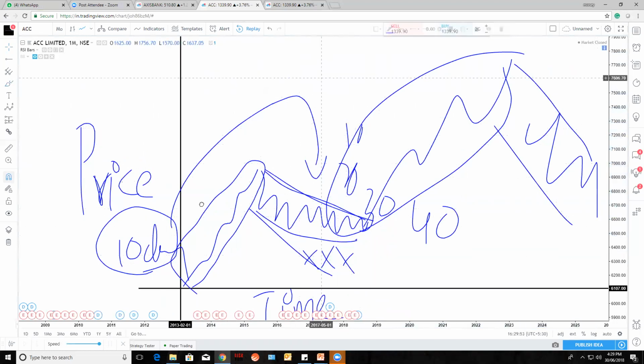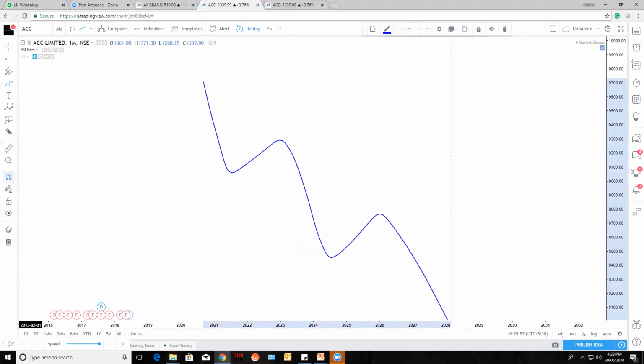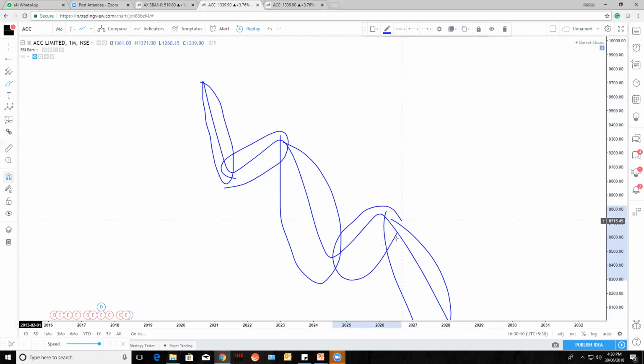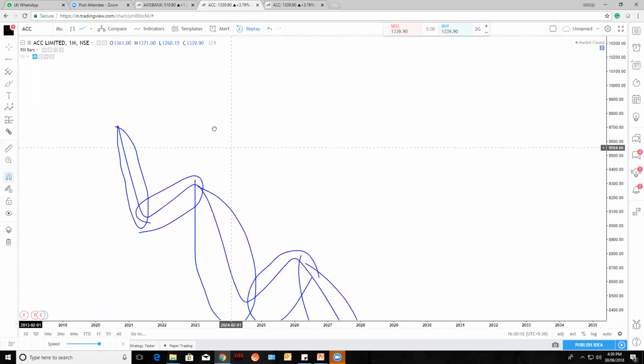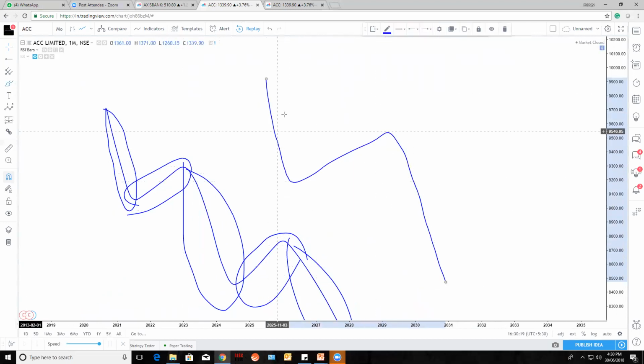Let's say for the downside also the concept is the same. It is an impulse wave here. It is a correction because it's against the trend. It is against the trend again. It's an impulse, and an impulse, and it's a correction. I'm taking only this part. Let's take this as an impulse, this as a correction, and this as an impulse. To move sideways, again there is an impulse, correction, and impulse.